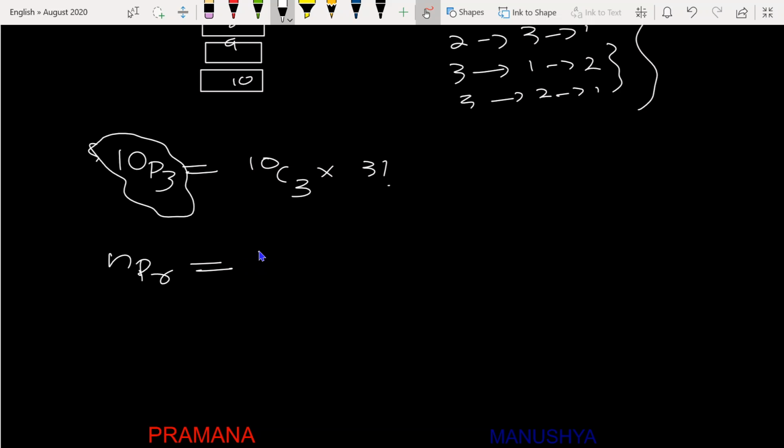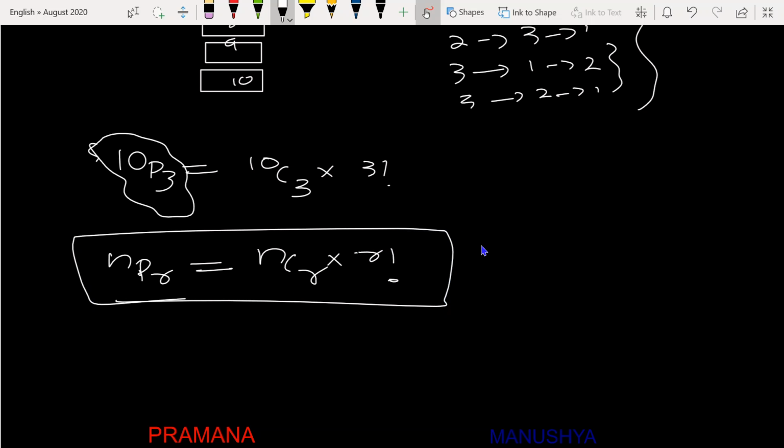So this will be given by, first what you have to do my dear friends, first you have to select, then you have to arrange how many r. So into r factorial. So this is the concept of this. So if you expand this, what you will get in the sense nCr divided by r factorial, or sorry, it will be n minus r factorial, because my dear friends, nCr is equal to n factorial divided by n minus r factorial into r factorial, into what we have to do here, r factorial.